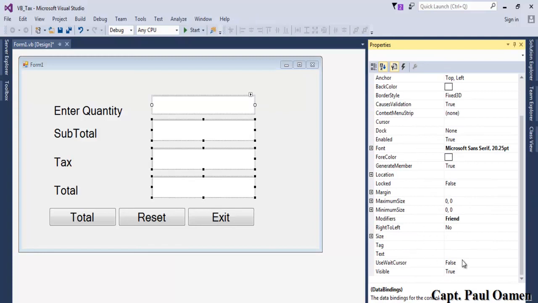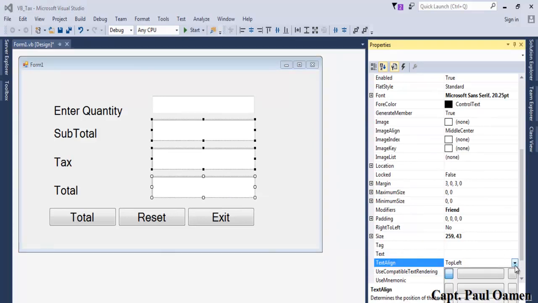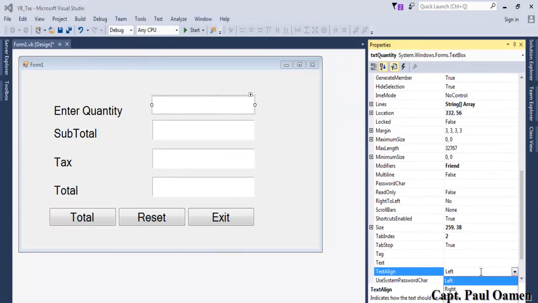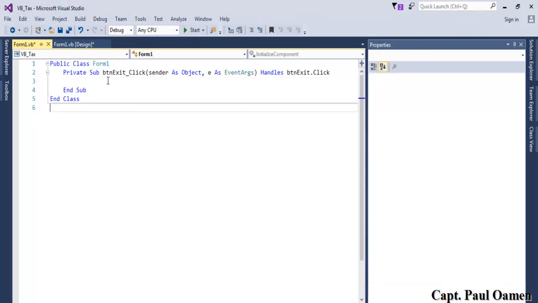And then align it. Let's get it all aligned, centered. This one, let's go for align center there, and this one as well, let's align that center as well, right there. Okay, I'll start by double clicking on the exit button right there, and let's enter as follows: dim